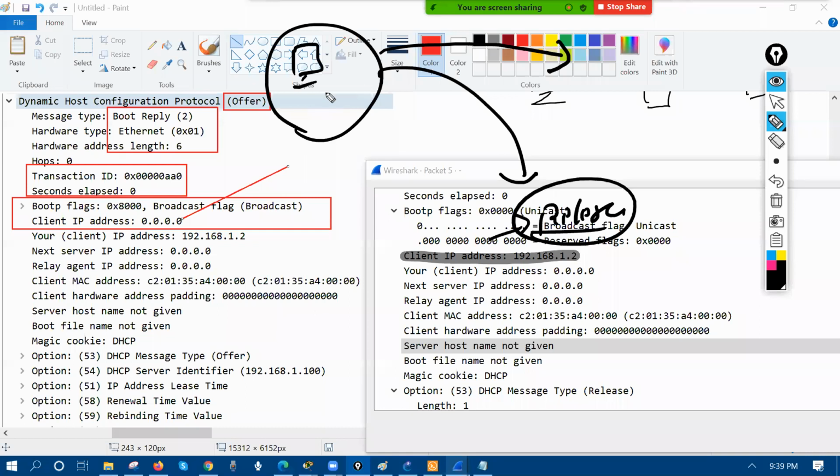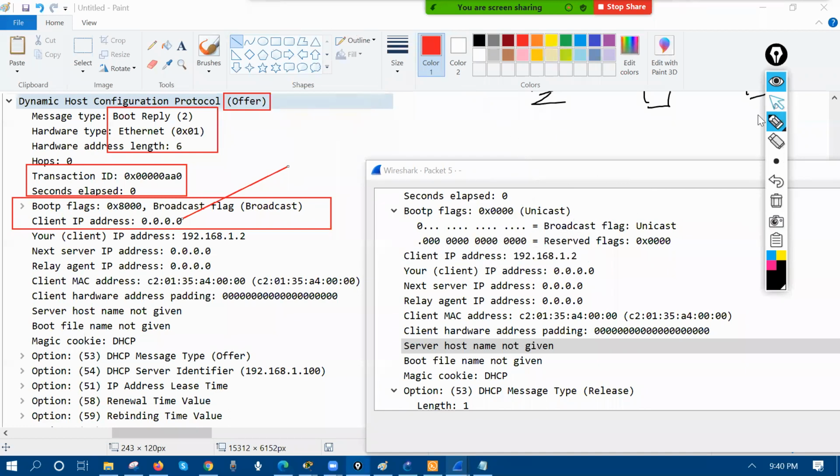When the client is going to release the IP address, so when the client is going to release its own IP address, then in this field, what happened? They will put the client IP address information, right? But right now, what happened? This is the offer packet, right? This packet is the offer packet, right? In this offer packet, what happened? The client IP address will be reset to 0,